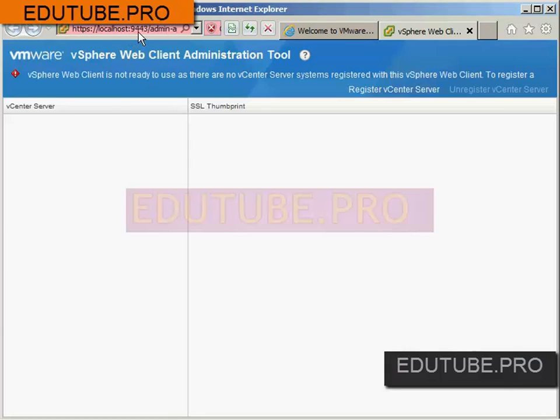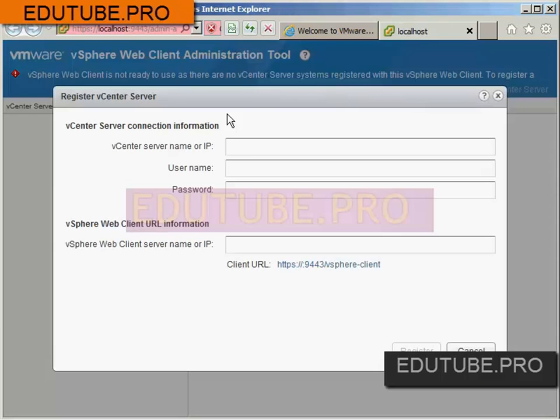And once it completes, you'll see that we can actually begin configuring the vSphere web client with the vSphere web client administration tool. Let me go ahead and finish here. I'm going to click the finish button here because we don't need this anymore. And you'll see it takes us to HTTPS localhost 9443. That's the HTTPS port that we were looking at just a minute ago,